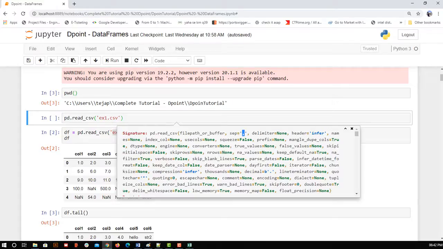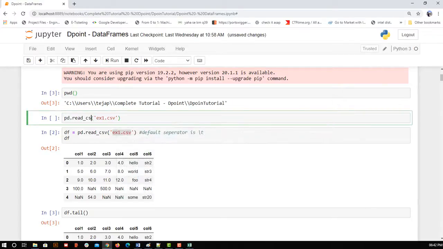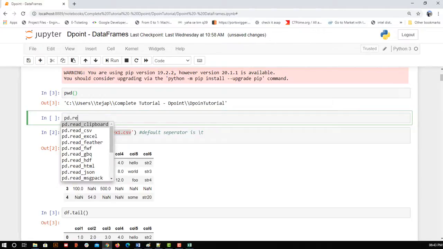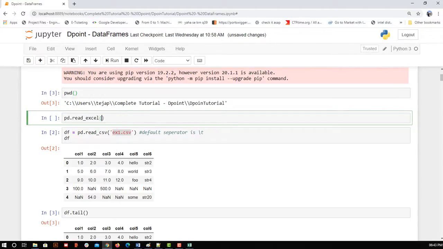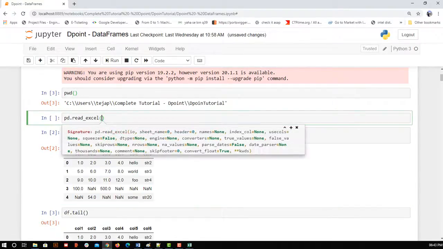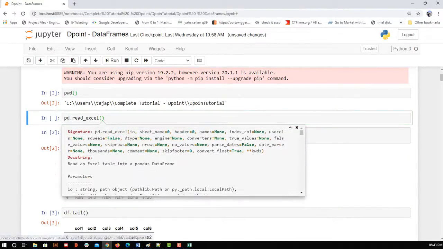Similarly, if I try to read TSV, in this case if I type shift tab, let me come to the end, shift tab, is it not working? Okay, let me write read Excel and try with that. If I type shift tab, can you see a separator there, or is it not there?